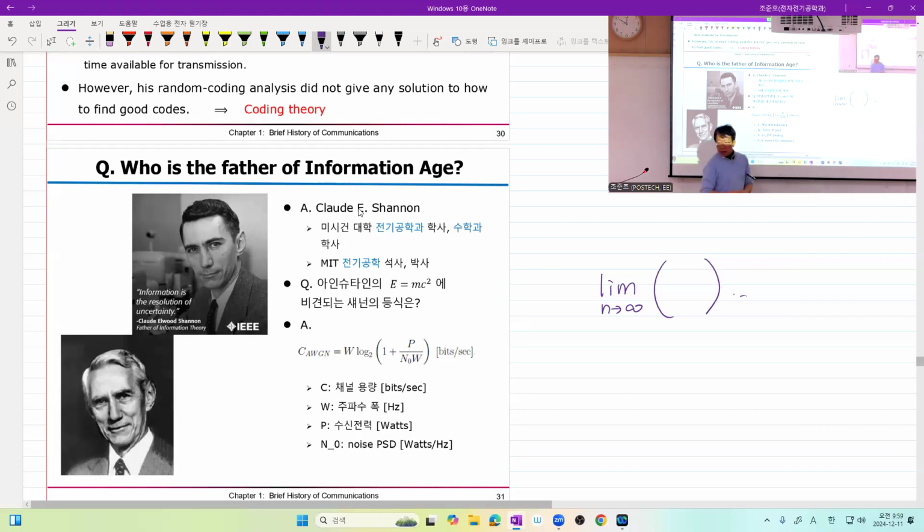Anyway, he double majored or minored in mathematics, and he knew how to handle sequences using the so-called limit operation. So actually, what Shannon said about the probability of bit error is not that it is 0 or error-free. Actually, he didn't imply this. He said the probability of bit error, parameterized by some index, can be